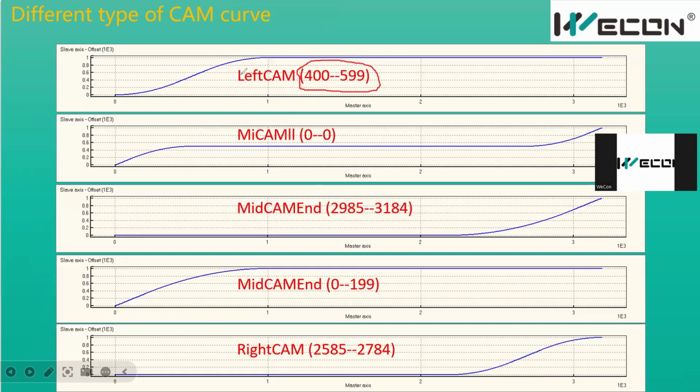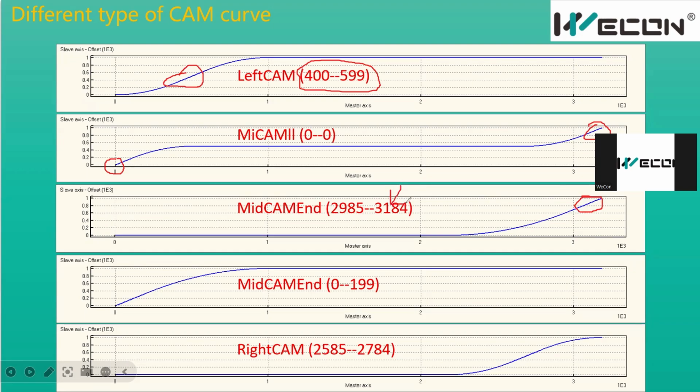So here, for the first picture, the sink area is here. And for the second parameter, the sink area is two parts. In these two segments, the speed of the cutter is the same as the feed axis. And for the third picture, the sink area is at the end of the cutter, of the master, because you